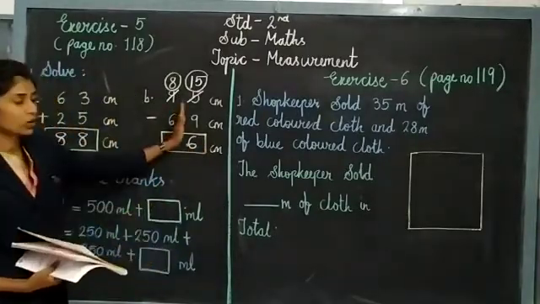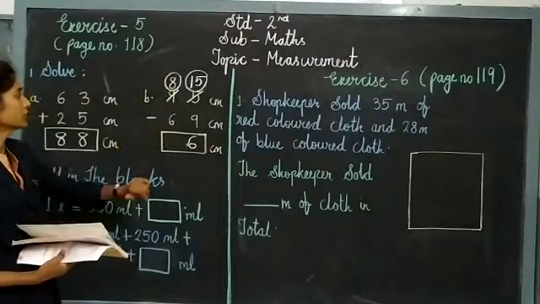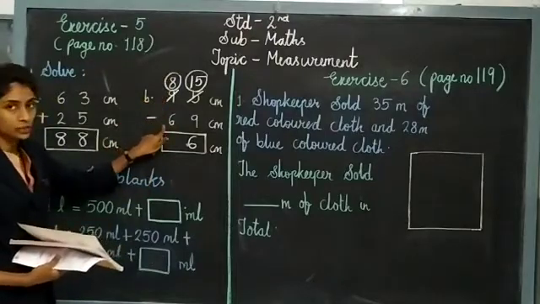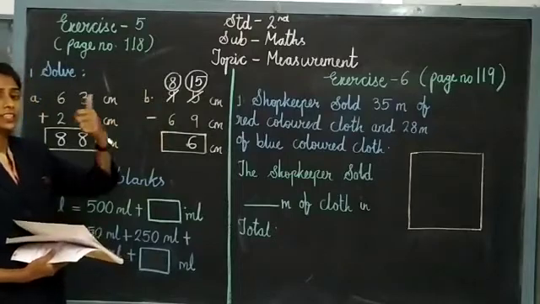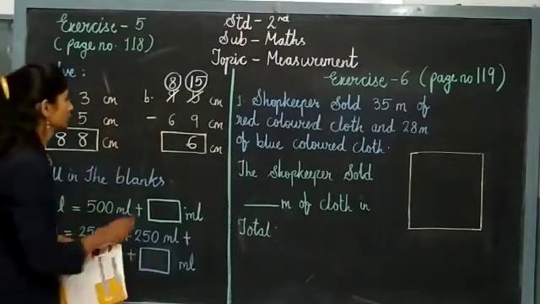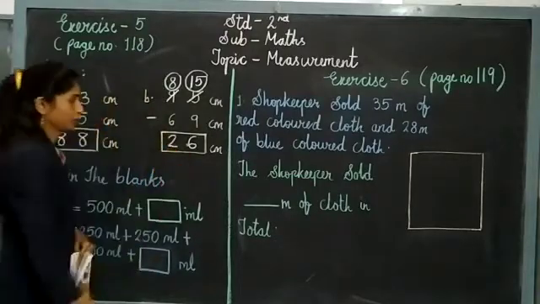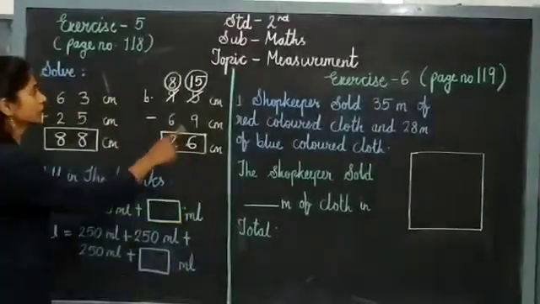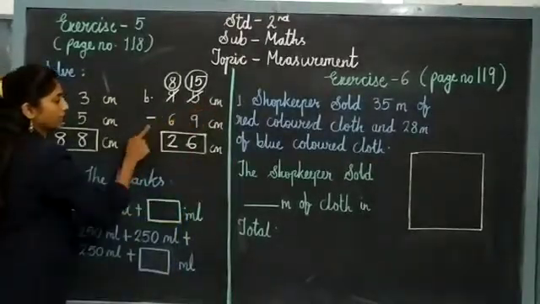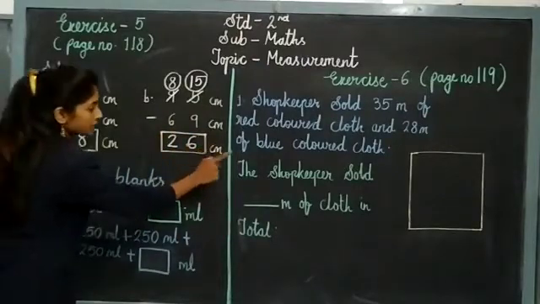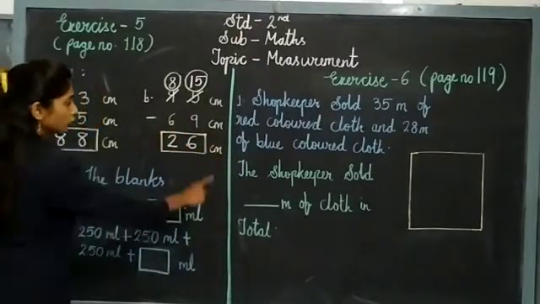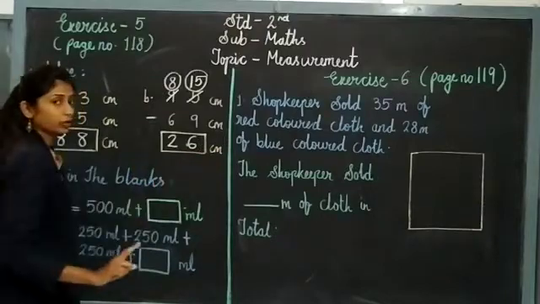After solving this ones side, let us move to our tens place now. 8 minus 6. Let us all count from 6 till 8: 6, 7 and 8. So 2 will come here. This is our final answer: 95 centimeter minus 69 centimeter is equal to 26 centimeter. Always write your unit children, don't forget to write your units.